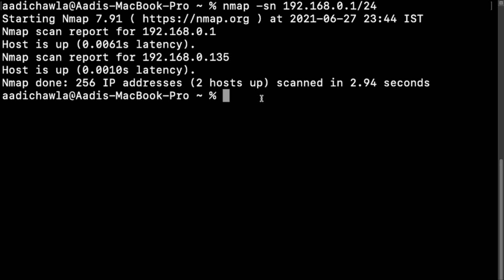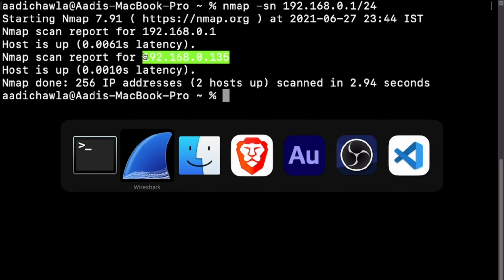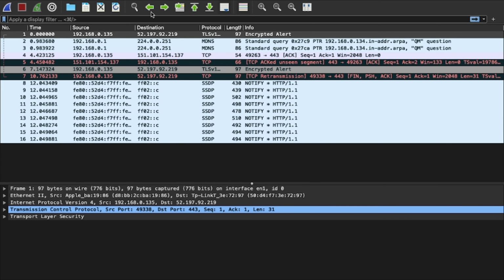Okay. Now that we have that, you have to just copy your IP address. I'm going to be hacking my own computer in this tutorial. You can hack anyone you want, but please don't hack anyone unless and until you have their explicit permission. Okay? Just copy this, go back to Wireshark, and then you have to find the apply a display filter bar